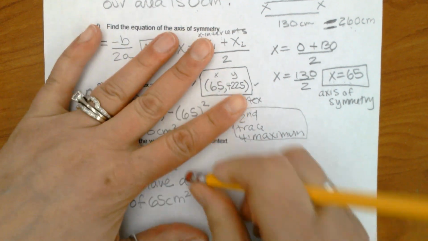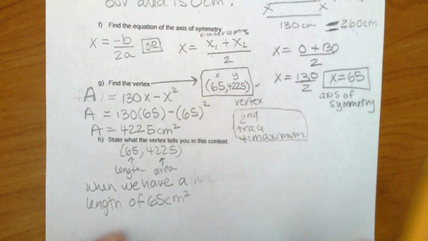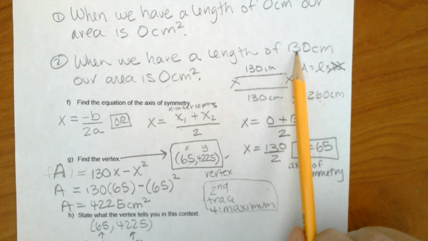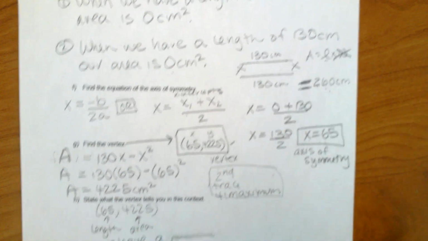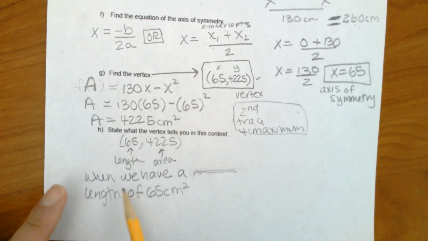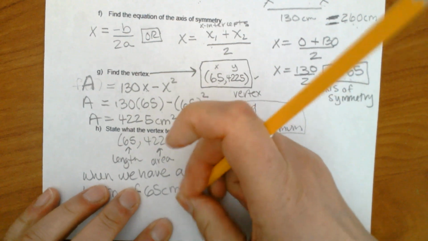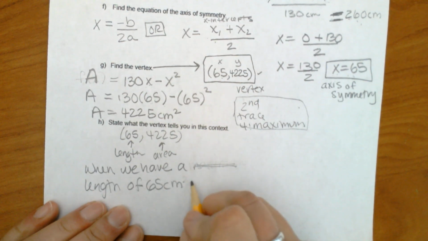Actually, it's not our max length. It's a length that we could have. We could have a longer length, right? So to get that out, because we found up here, we could have a length of 130. We won't have a triangle because we wouldn't have a width, but we could have a length that's bigger. So let's not write a maximum length. That's like when we have a length of 65 centimeters, and I'm making an erase here, I'm sorry. When we have a length of 65 centimeters, our